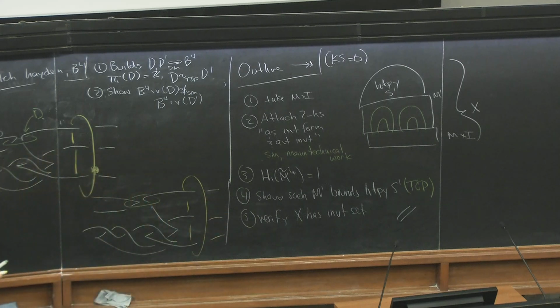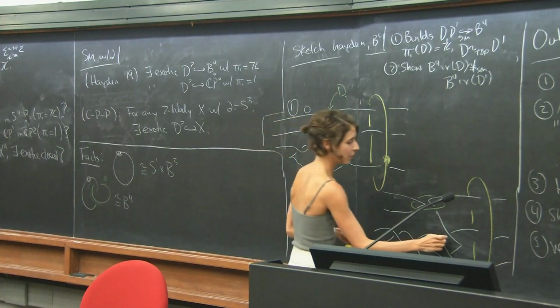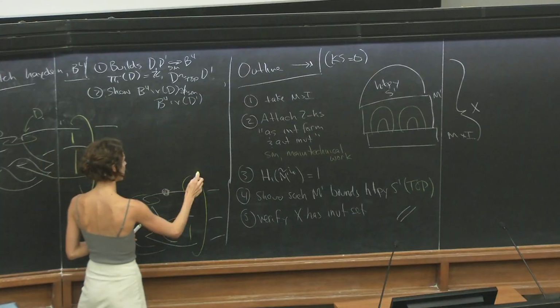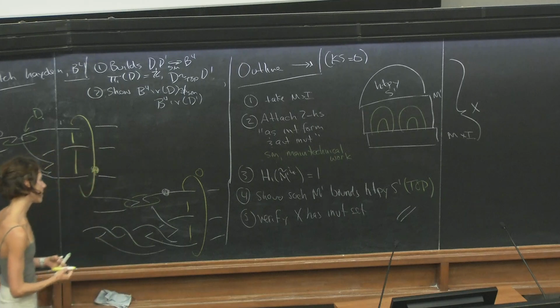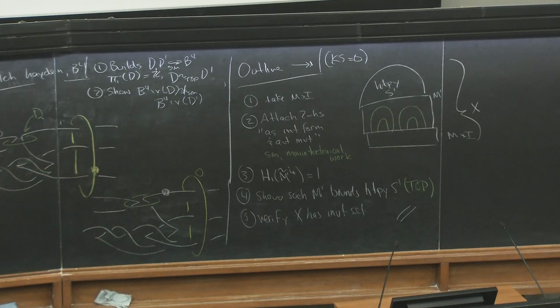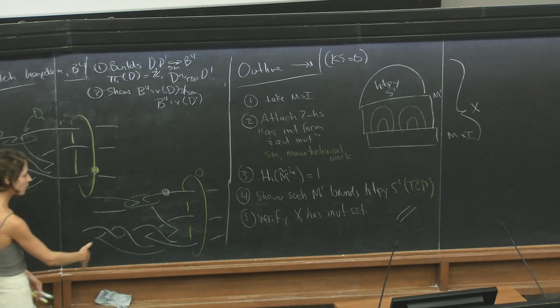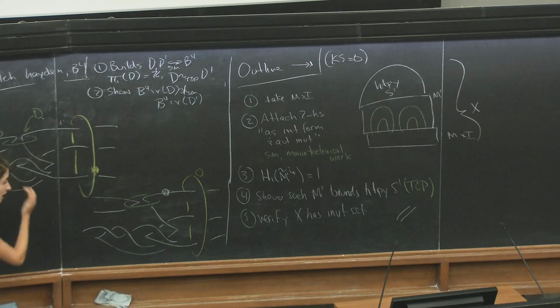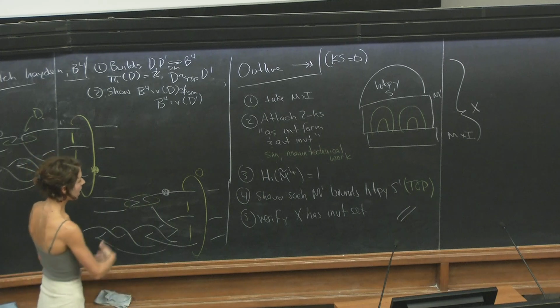Okay, so this should look like exactly the same picture I had before. And again, I'm going to think of it as a 0 and a 1 handle, but I'm going to order them in the other direction. Because in your head you checked that this was a Hopf link before, I'm allowed to put the dot and the 0 in the other order. And that will again give me some sort of convoluted looking diagram of the 4-ball.